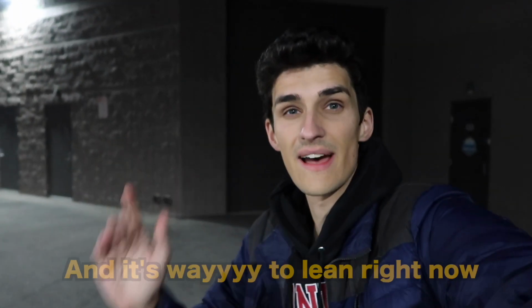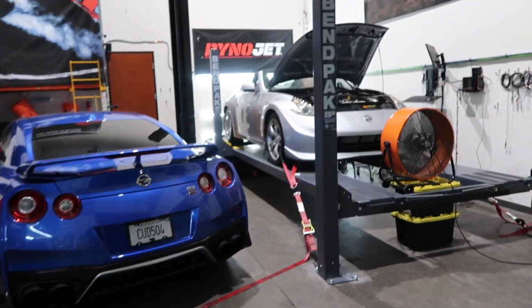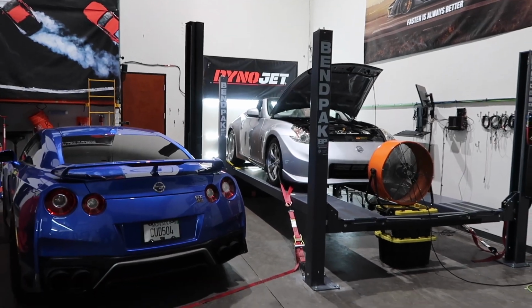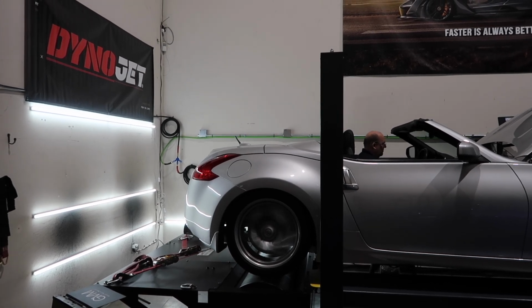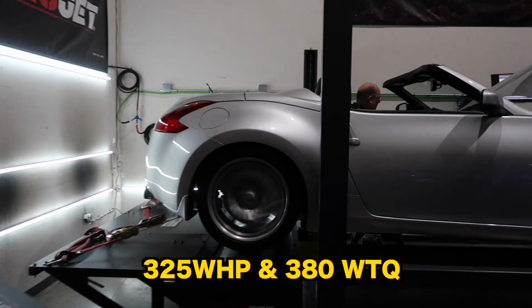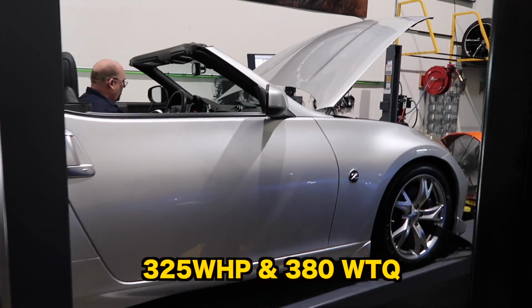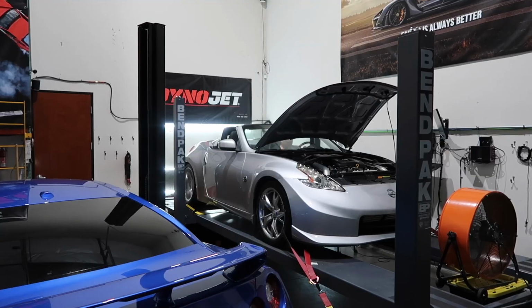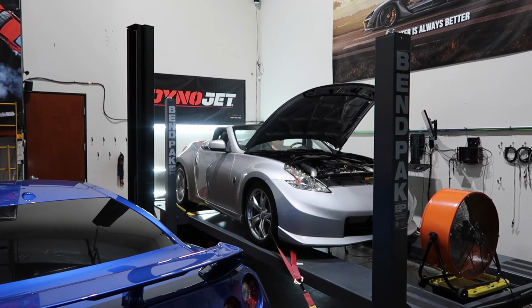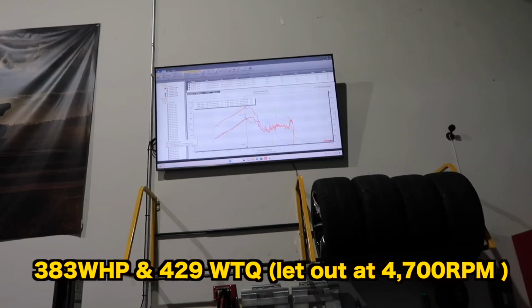It's pulling some timing, so it's breaking up a little bit at high RPMs. Tweak the tune a little bit. All right, here we go. We added a lot more fuel. God dang,